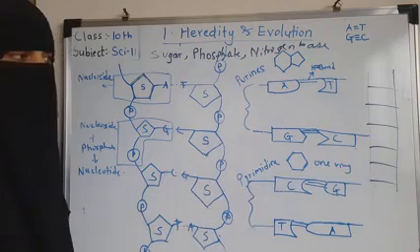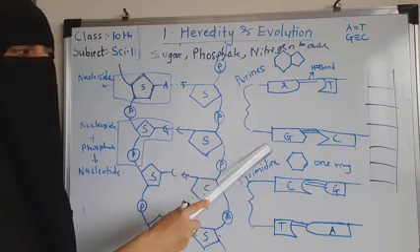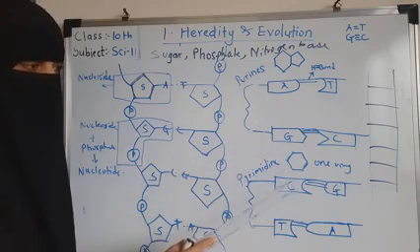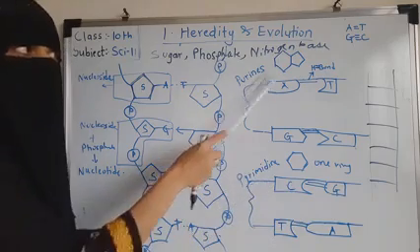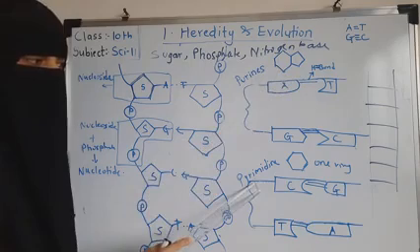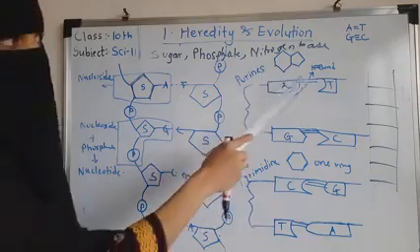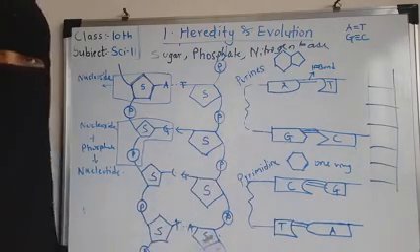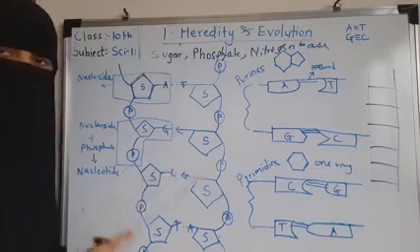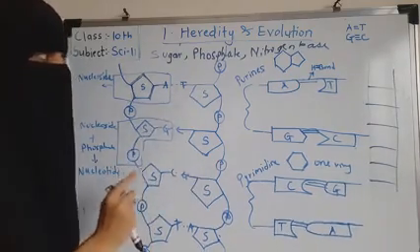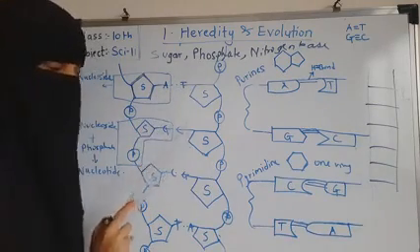So these hydrogen bonds are there, and adenine and guanine together are called purines, and cytosine and thymine together are called pyrimidines. Purines contain two rings and pyrimidines contain one single ring. Understand in their structure. Now these double bond and triple bond are hydrogen bonds present between these two nitrogenous bases, and they always bond like this. Their pair is always like this. Adenine will always pair with thymine, guanine will always pair with cytosine.